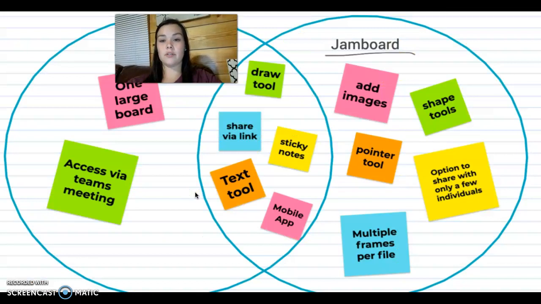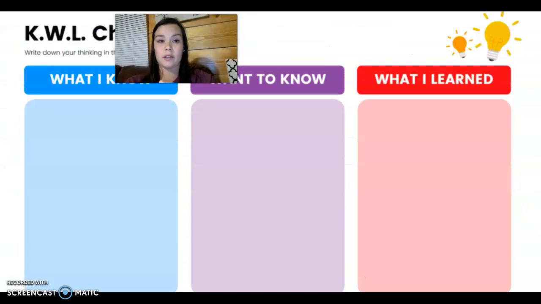Another thing that you can do is create different things. You can create Venn diagrams with Jamboard and have them answer questions, like if you're doing compare and contrast, you could have two different things and have them compare and contrast those two things, and they are able to add sticky notes on there, or they can even use the writing tool and draw, or they can use images. You can make a KWL chart and have the students answer those kinds of things. That's just an example of the things you can do. You can set that as your background, and the students are able to add things to it and